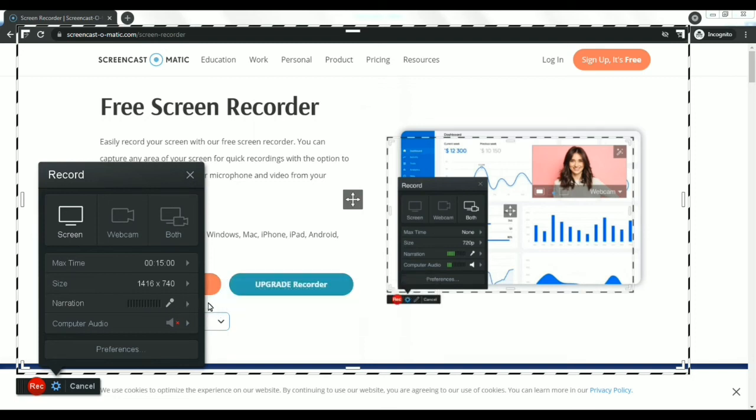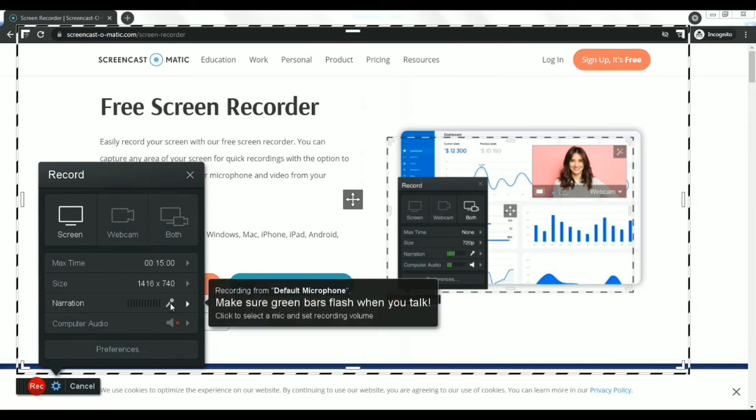So let us start with taking a demo of this version, and let's start with the demo. Press on this record button and it will start the countdown.